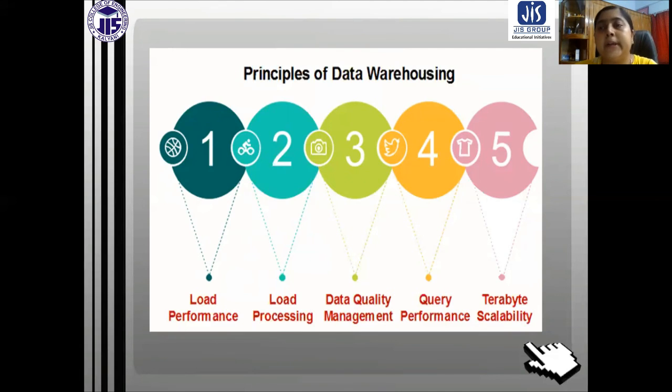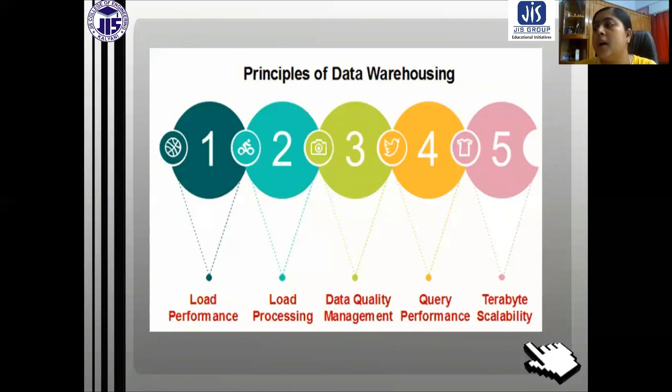Whenever we think about representing a data warehouse with any kind of architecture, we need to take care of the performance, processing and management. Scalability is a very important thing that should also be maintained, because a data warehouse always handles a large amount of data, so query performance and data quality management are very important. And obviously this is very high-end processing, so quality is a very important thing.